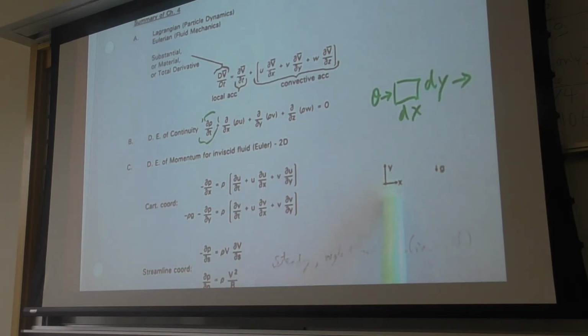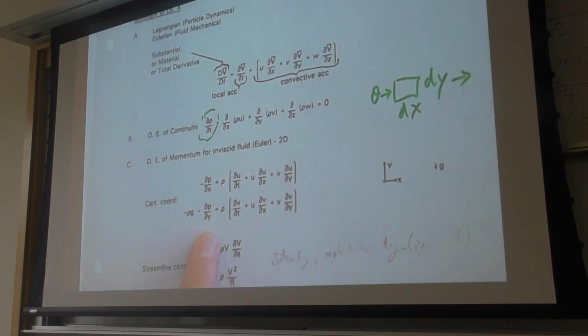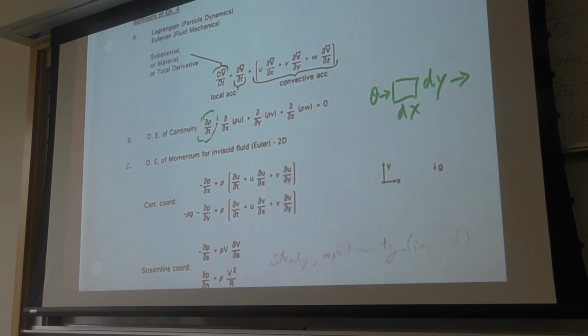And if the coordinate is oriented traditionally, like x in the x-axis, y vertical, gravity pointing down, that equation looks like this. So this is a very special case of the 3D Euler's equation, which is what we have looked at prior to Thanksgiving break, in a somewhat stripped down version. Any question on that? Okay, now you can draw a parallel between what we have done a month and a half ago, again from first principle, for a steady inviscid, just like